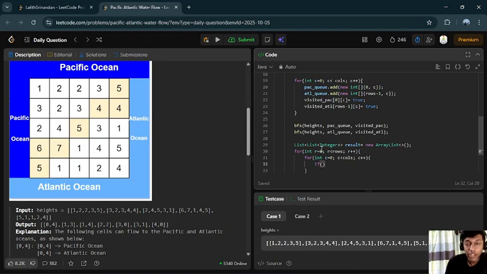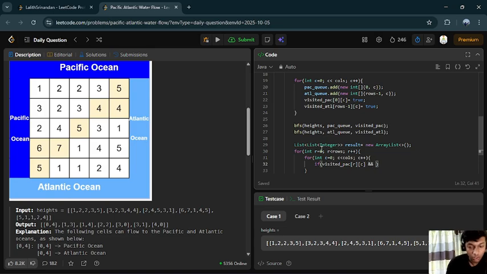The condition should be that the cell should be visited in both the Atlantic visited array and the Pacific visited array. So visited of Pacific of R and C